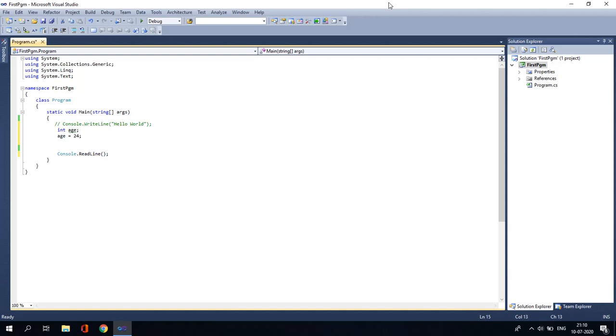However, the variable can also be initialized, and the value can be given at the same time as the declaration. You can also do it in this fashion. So that is also okay, right? So we'll remove this. Now see what happens. Now here I am declaring int age is equal to 24, and if I go down and tell age is equal to 34, it is possible for me that the value of age is changed from 24 to 34.